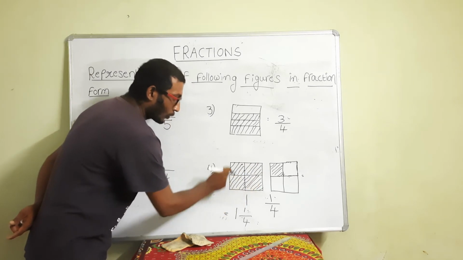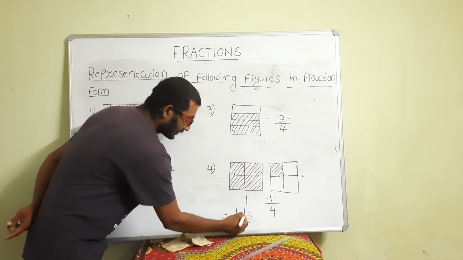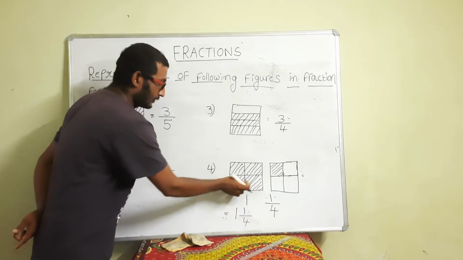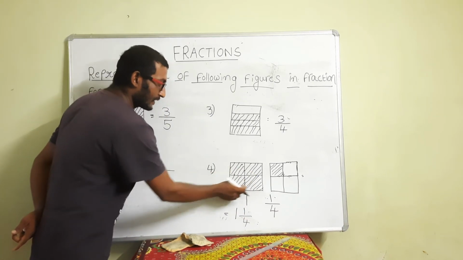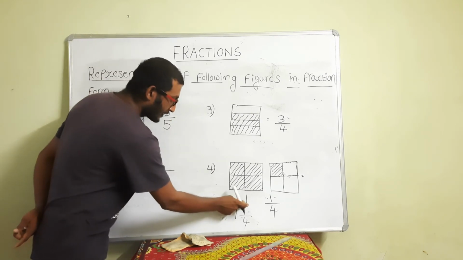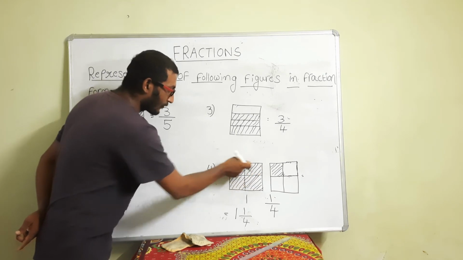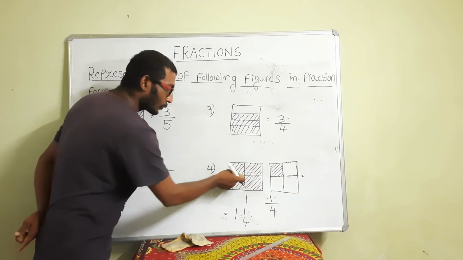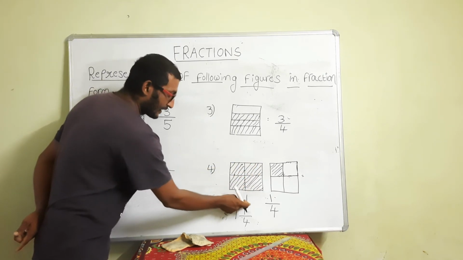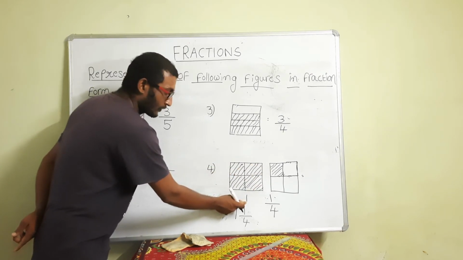So once again, see this one. The total cake here, the first figure, means the total cake is treated as 1 unit. That's why the cross line indicates the taken parts. That means in the first figure the total cake is taken. That's why whole cake is taken, so I have taken 1.